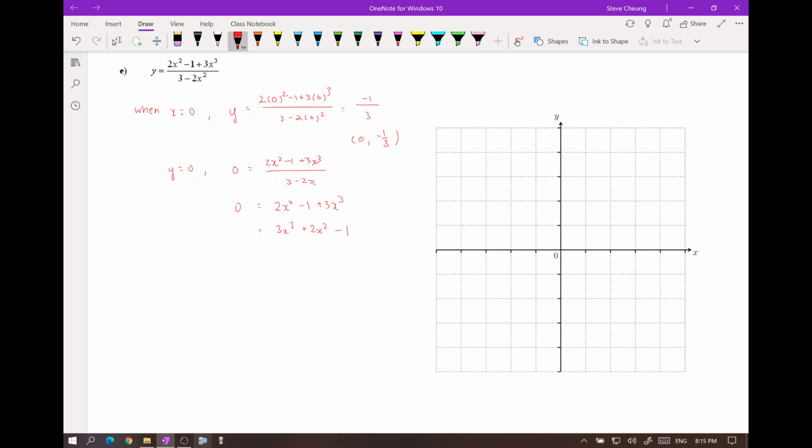But here it looks like -1 will work. So if you try, so if I just rewrite this as f of x, what I'm trying to do is replace this with f of -1. And this will give us,